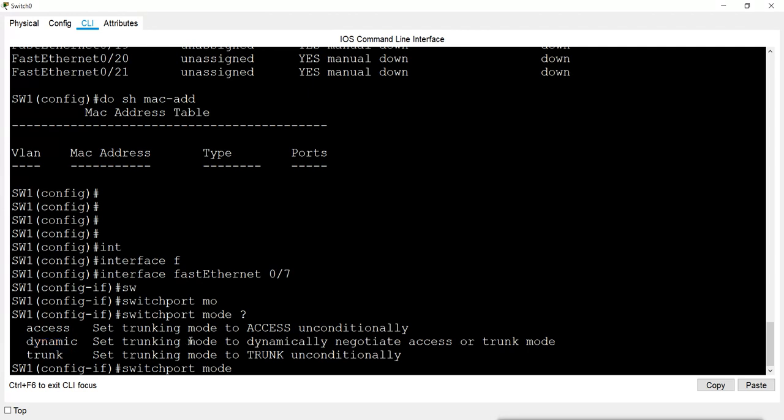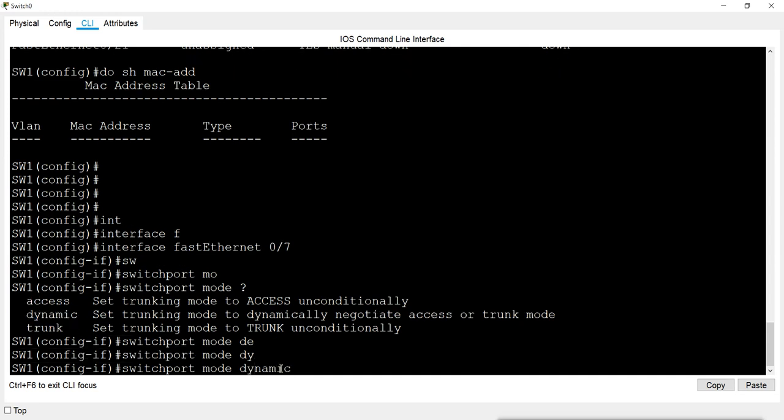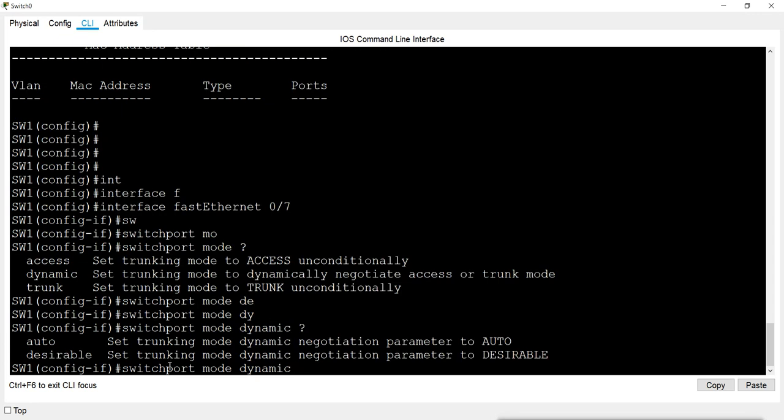That is why, when we make a port a member of a VLAN, we purposely change it to access. Why? Because by default it is in dynamic mode. In dynamic we have two modes, auto and desirable, and by default it is on desirable.